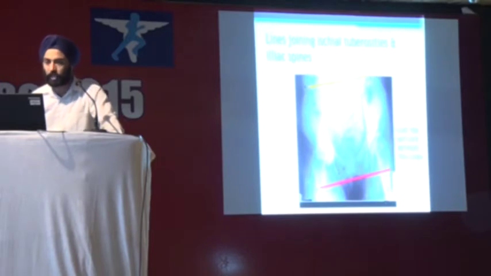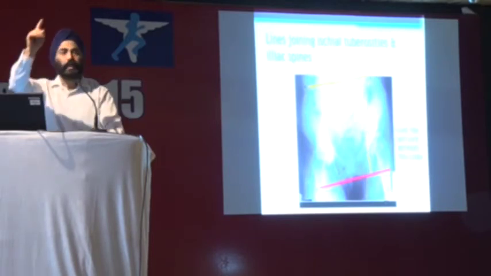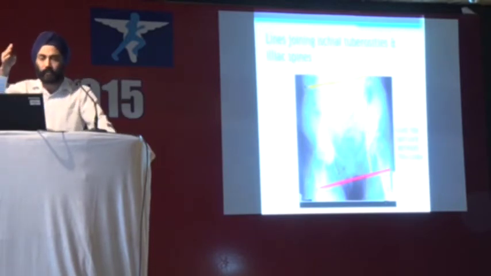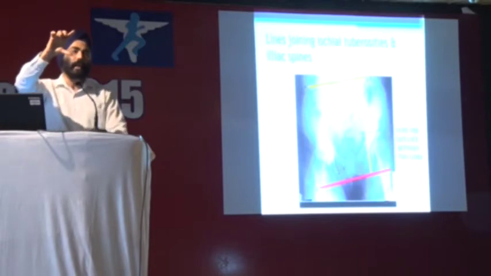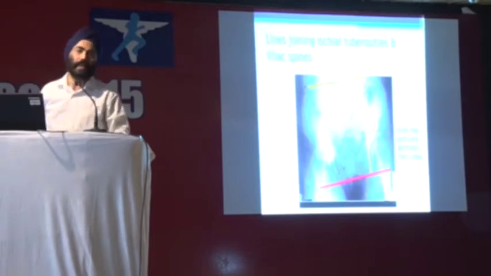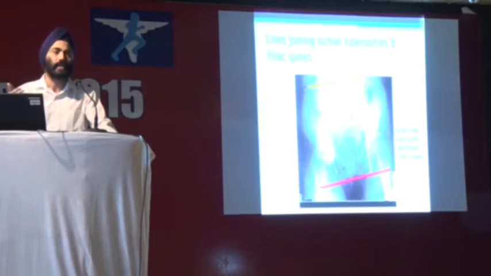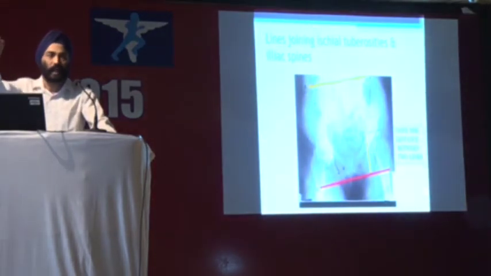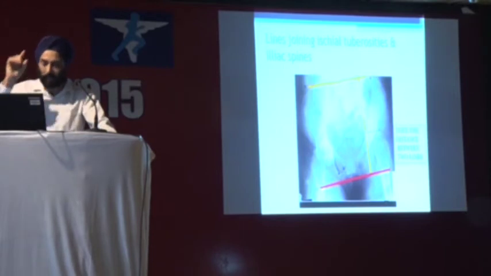The third line which you are going to join is between these two lines. That's a line joining the ischial tuberosity line and the iliac crest line. It's a straight line like this. When you draw this straight line, calculate how long this line is. So if I say this line is 100 millimeters, just write with a pen that this distance is 100 millimeters.